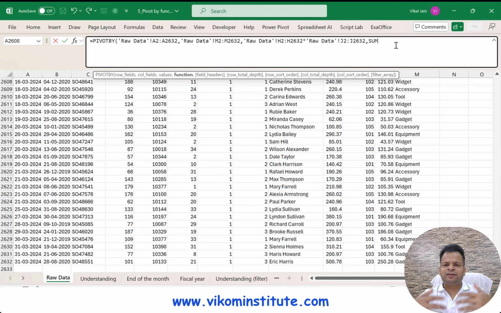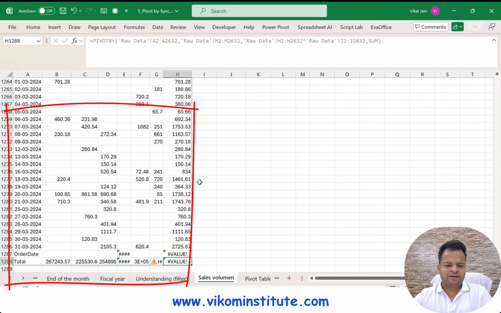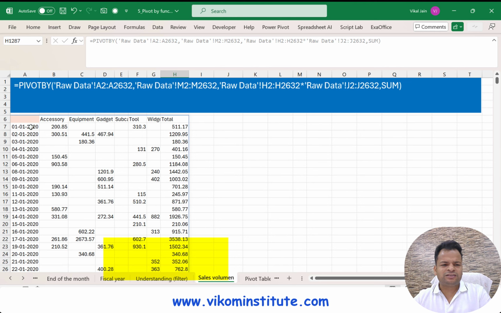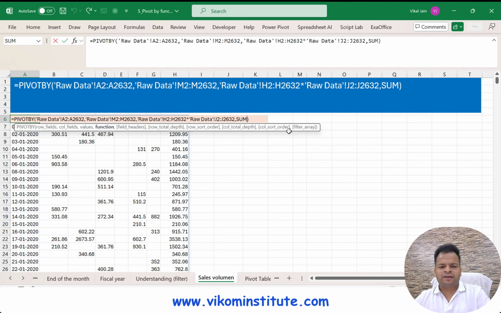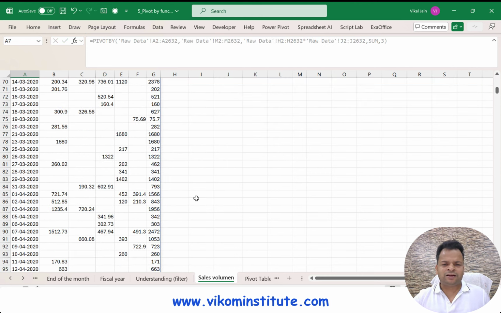Now we can see we are creating our own functions here, and this time you will see the sales volume is already being generated. And since we have taken the header, it is going to provide me a value error. So if you change the argument in the filter array, you can remove the header, or if you don't want the header as a header, you can simply enter 3 here. That's how it is going to consider that field as a header, and it automatically removes the header part from your calculation. And if I press enter, you will see the value error will go.